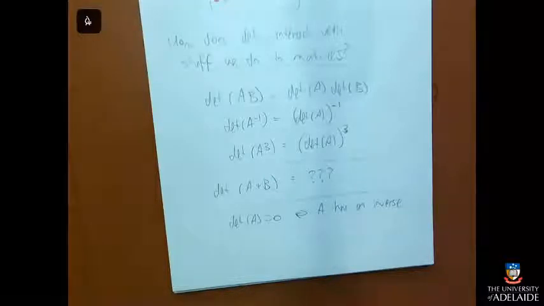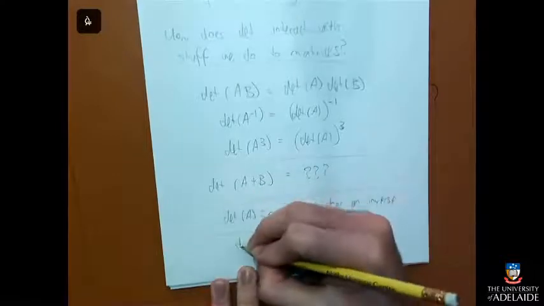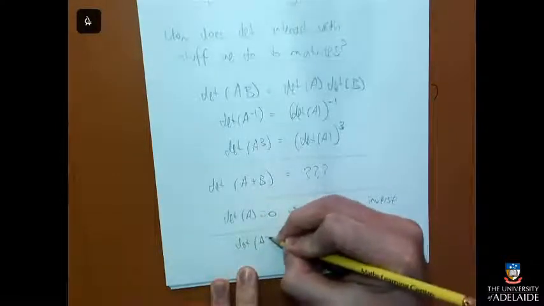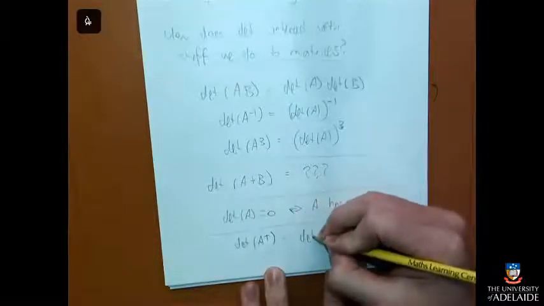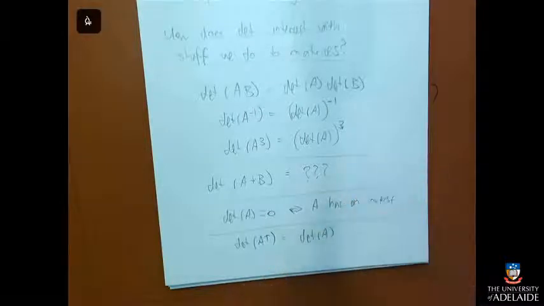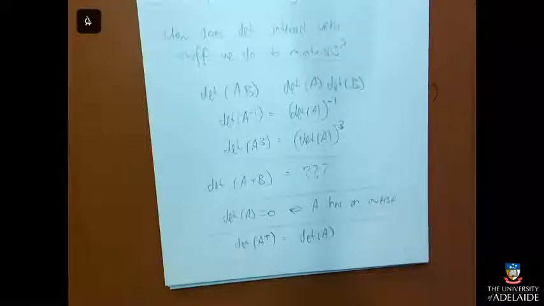What was it? Transpose. We can do the transpose of a matrix. I just wanted to cover that before I forgot about it, otherwise it wouldn't happen. Transpose is a thing you can do to matrices, and when you do the transpose, the determinant doesn't change. It's exactly the same as it was before. And I guess that makes sense, because the determinant of a matrix is just based on the numbers, and if you flip those two around for a 2 by 2, it would come out the same.